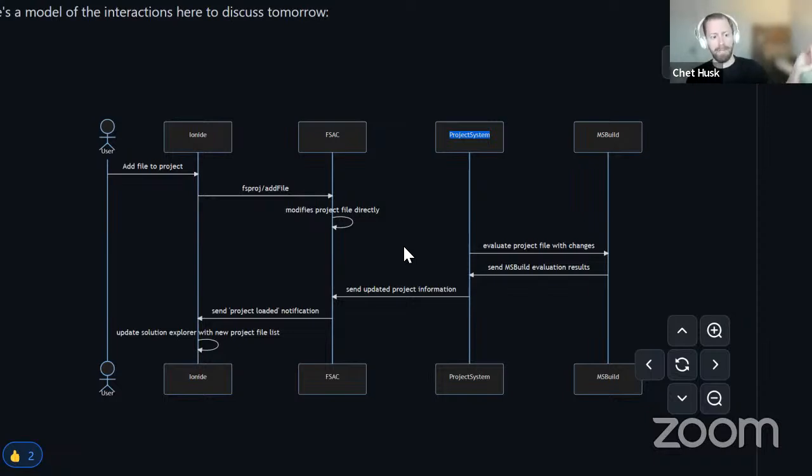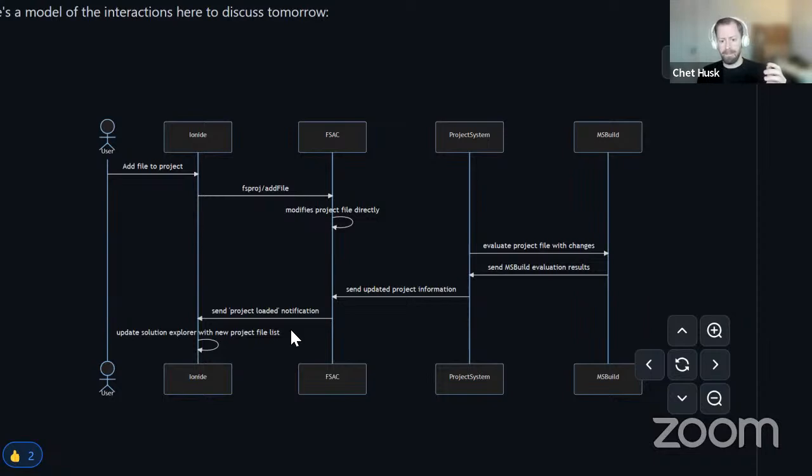FSAutocomplete then notifies Ionide that a project configuration has changed. And then Ionide uses that notification to update the tree. So what I think the cause of the delay is here is this sort of disconnected evaluation.